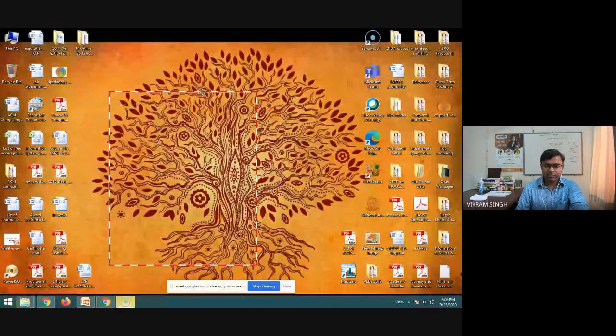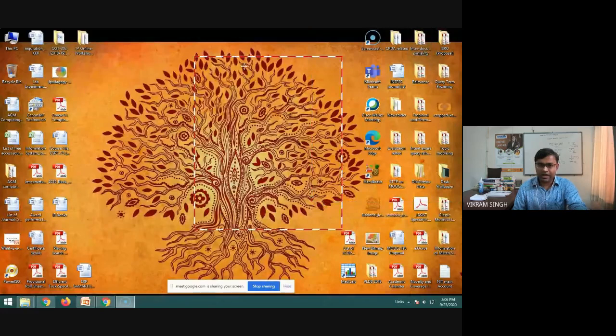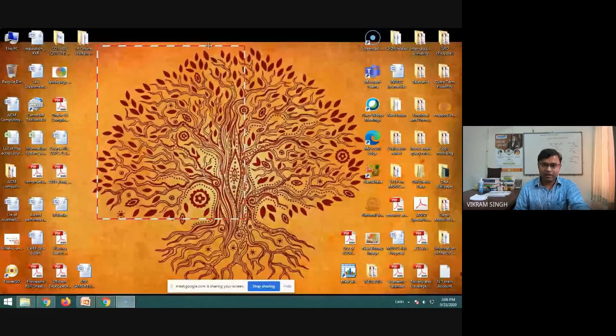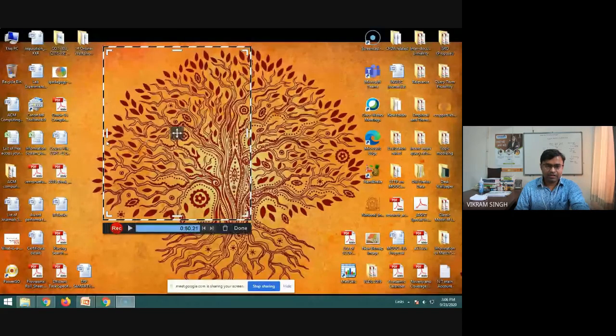Like if I move this portion here, it is recording. While recording also, we can move this area which is appearing in the screencast or screen recording, right? So in this way we can record, but I think resizing we cannot do. We cannot resize this window while recording. So let me check.